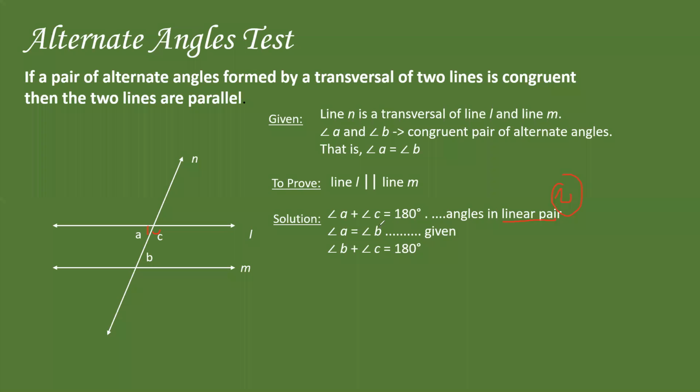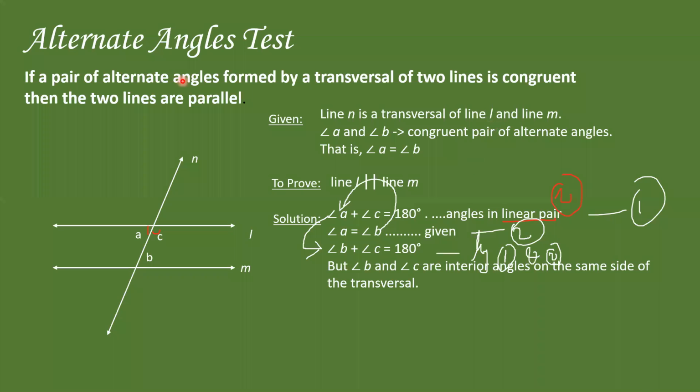Absolutely, yeah. Angle A and angle B are equal, so what I'm going to do is take angle B and put it over here. It's going to be the same thing because they are equal. So I'm going to write angle B plus angle C is equal to 180 because of steps 1 and 2. You can also write "by 1 and 2", so that I understand, acha, what is your thinking. Okay, but now just a minute, I'll just erase this.